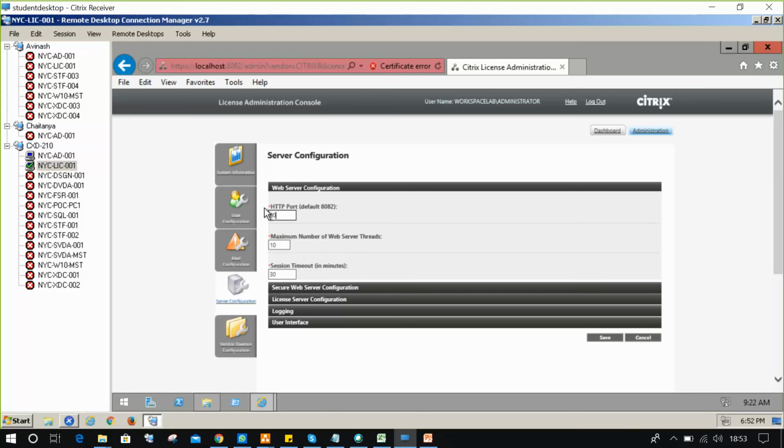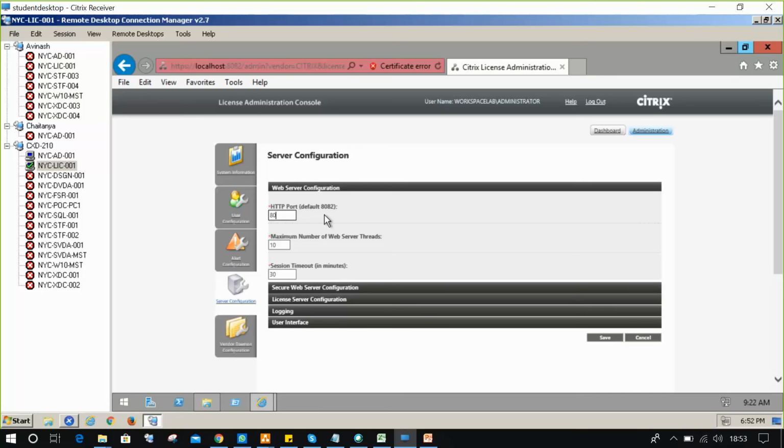If in the same location there is another license server using the same HTTP port number 80, you should not use it. For example, in our same network you are creating NYC LIC-002, but you should not provide port 80. You can give alternate port numbers like 8082, 8083, 8084, four-digit port numbers.